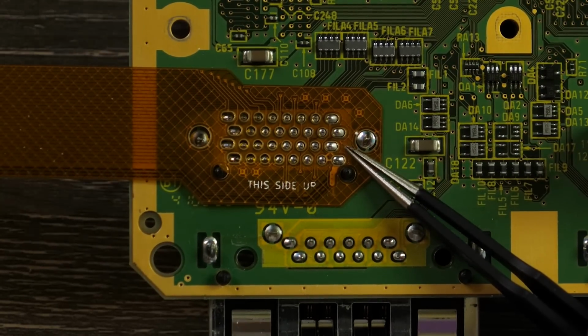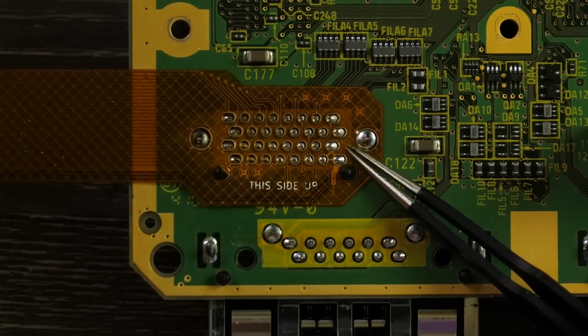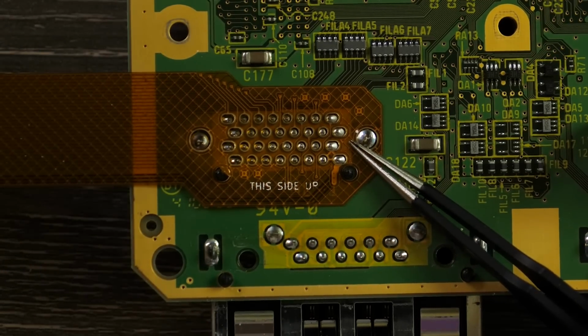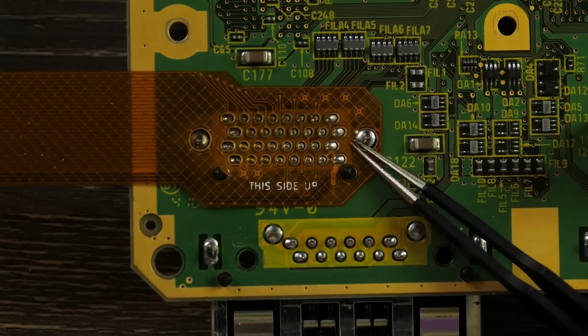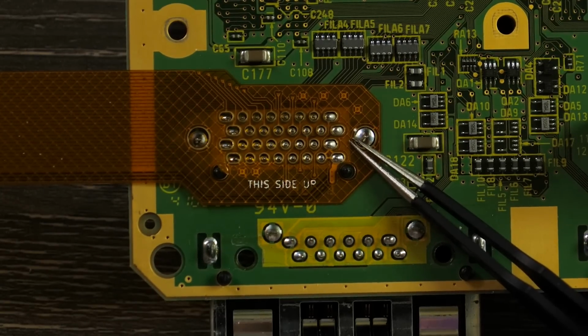So it's pretty easy. It even says this side up. It's set up to the point where there's not a lot that can go wrong necessarily. I guess you could burn the cable or melt it and then it wouldn't work. But for the most part, if you have any experience at all in soldering, this should be a pretty straightforward